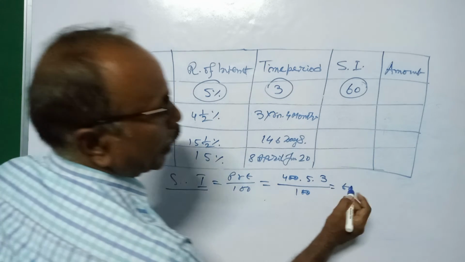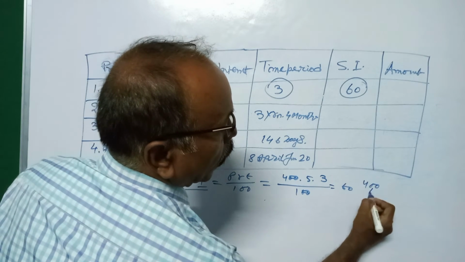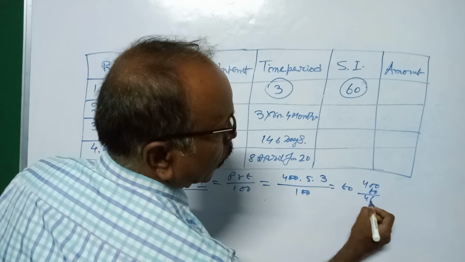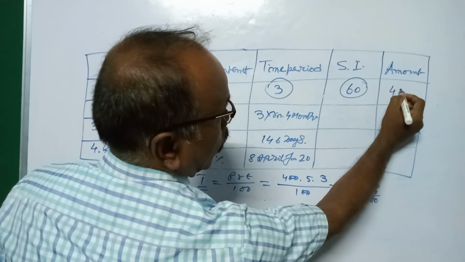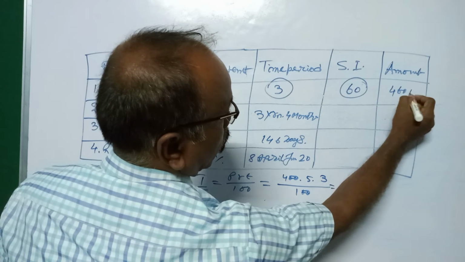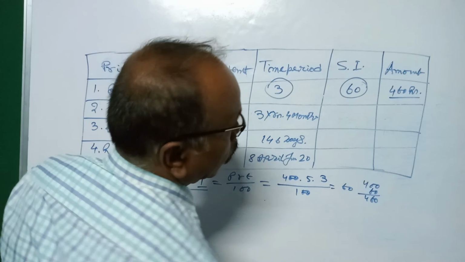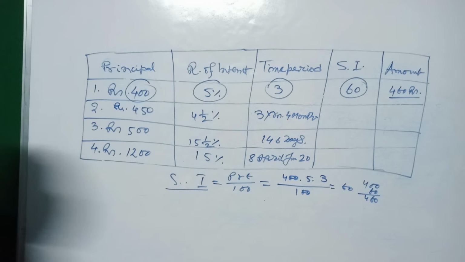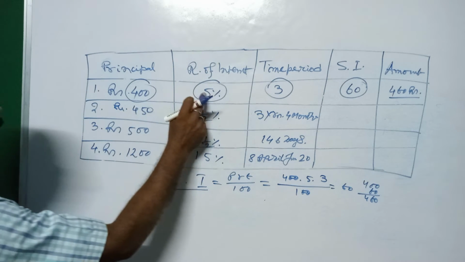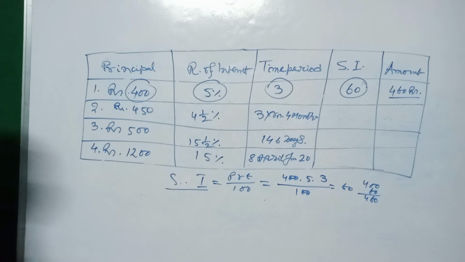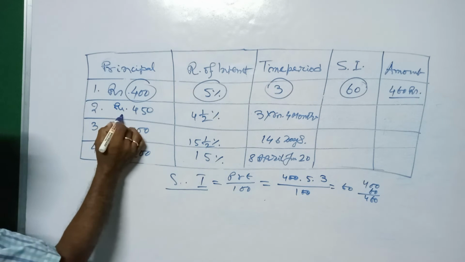And amount will be 400 plus 60, 460 rupees. Am I clear? This is simple interest calculation. Similarly, in the second one,